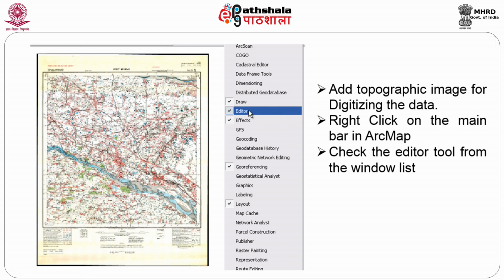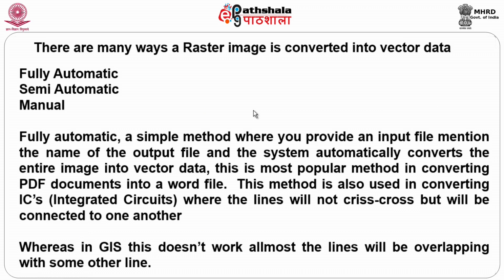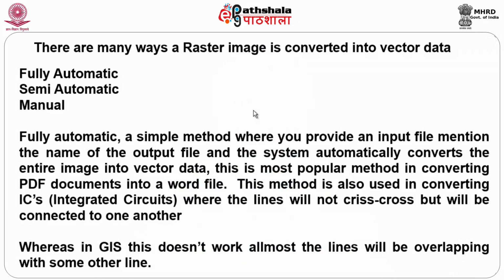Before going into the actual method of doing it, let us see how you can convert. Now what is the purpose? We thought let us just register the data. Once the registration is over, let us go into displaying the data, create a geodatabase, or you can also have a simple shapefile. One shapefile will contain one layer, or if you want to have all of them in one particular place within a single file, the geodatabase. Now coming back to this, how can you convert raster data into vector data?